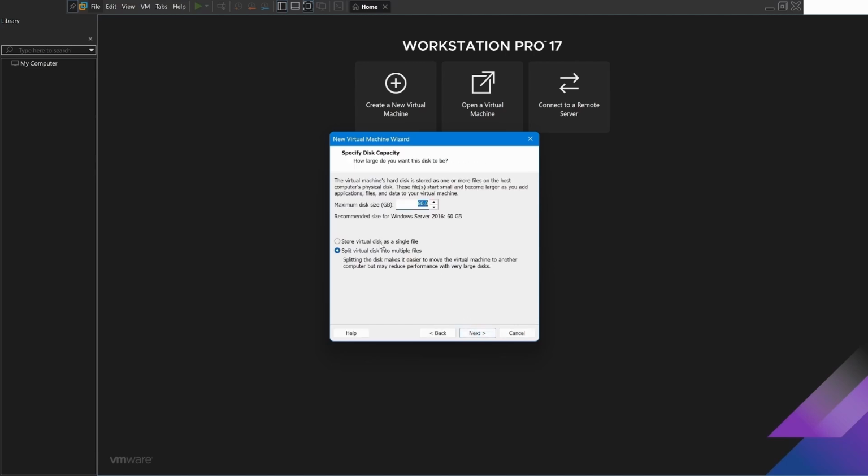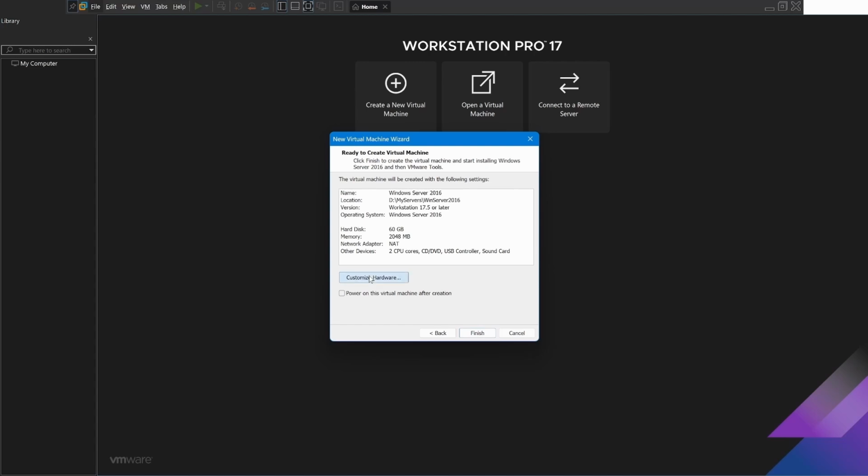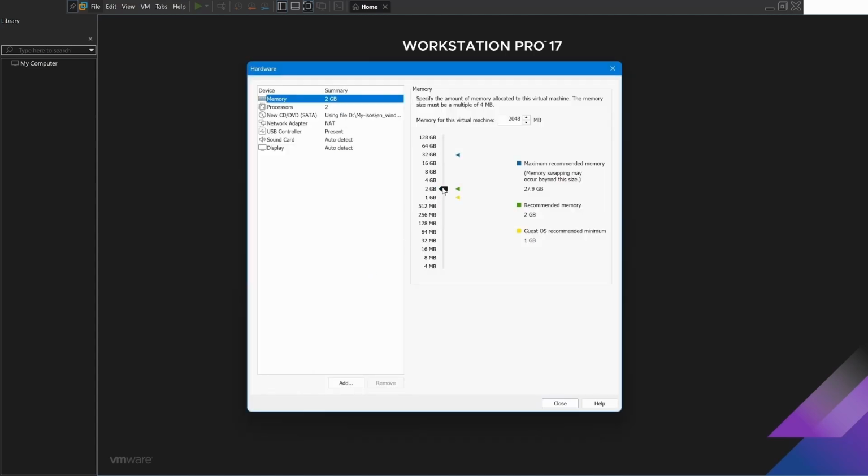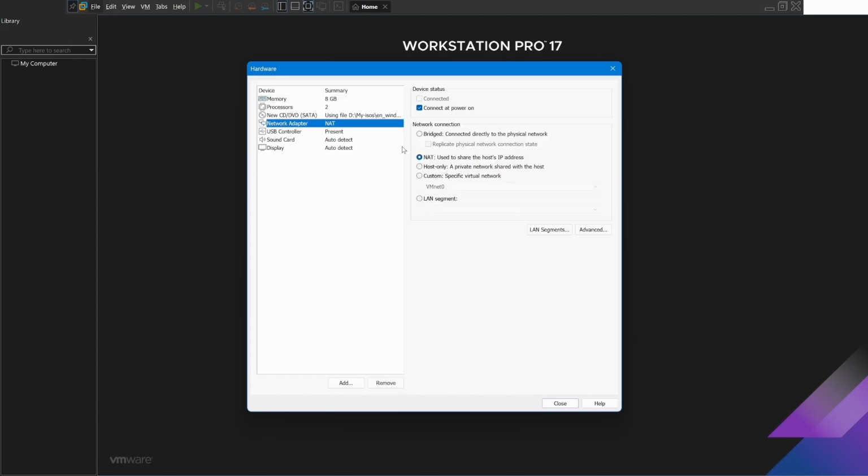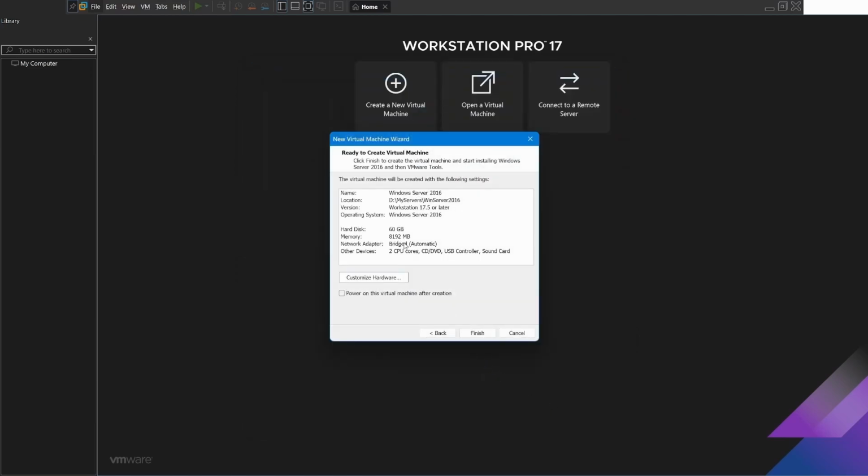Click next, and I'm going to store it in a single file. I'm just going to give it 60 GB of disk. I'm going to go to customize the hardware. I want to give it around 8 gig RAM and 2 processors, and I'm going to change the network adapter from NAT to bridged. I just want to give it a static IP. Everything looks good, so I'm just going to click finish, and that's my